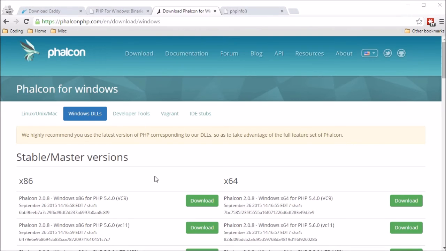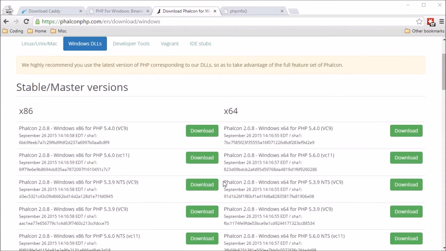So the first thing we needed to do is remember when we downloaded PHP we had a certain version, a certain architecture, and it was NTS, not thread safe. So we need to match those things because Phalcon is a compiled library. This is of course the Windows DLL that we were wanting. We want to load the Windows DLL and we want to load the right version. So first of all, x86, that's what we actually got. We did not install x64